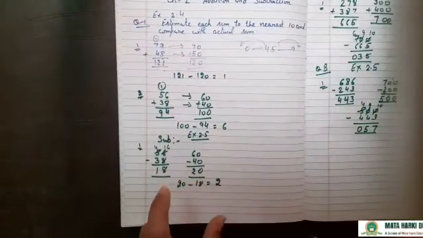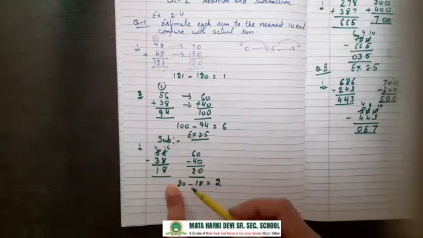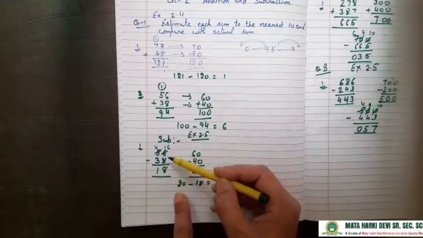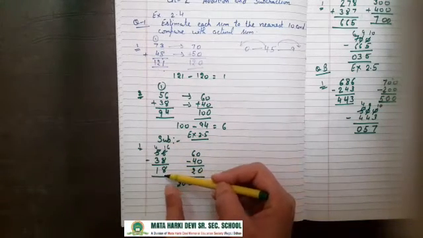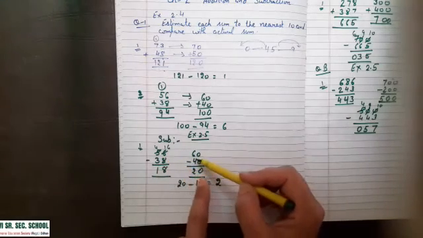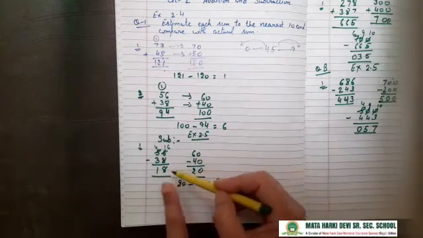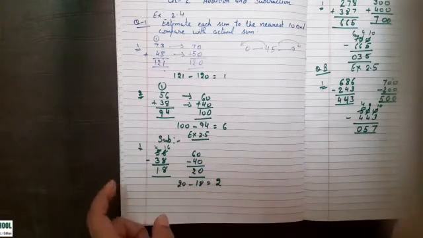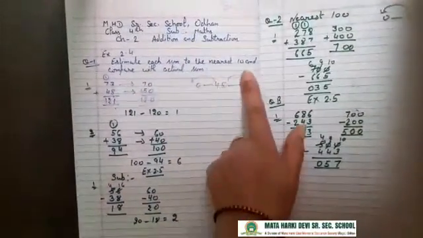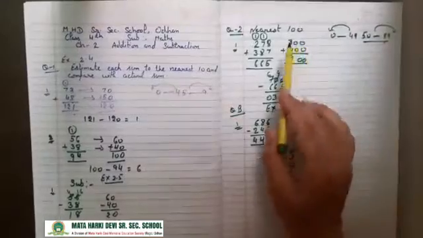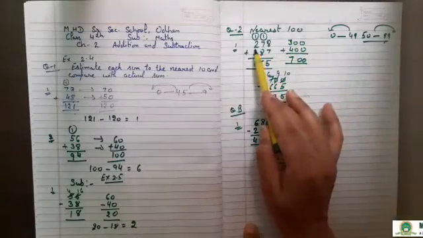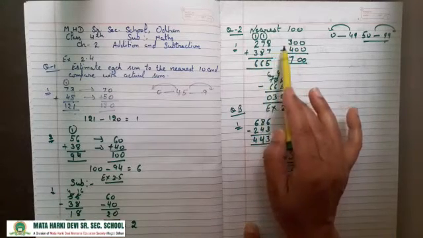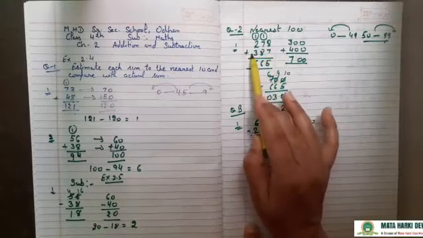Same way, if we take subtraction like addition, we will take the subtraction of the actual digits and then up to the nearest 10. As it is 18, it is 20, and the difference is 20 minus 18 is equal to 2. These are up to the nearest 10, and if we take nearest 100, we will convert these figures to the nearest 100. 278's nearest 100 is 300, and this is also